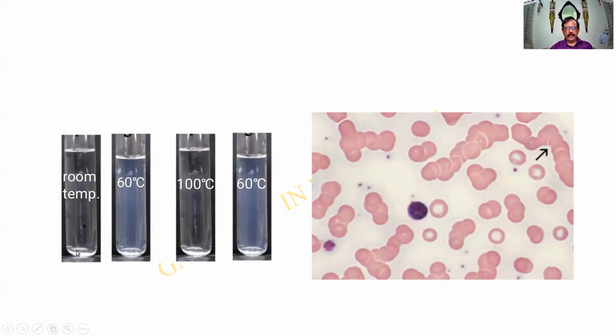This is a normal urine of the patient, and when heated, you find that there is a proteinaceous precipitate, which can be seen by means of this cloudy appearance. On heating it further up to 100 degrees, it almost disappears. And on cooling it again, it reappears when it reaches 60 degrees centigrade. All this heating must be done in a water bath and not against a flame. And this is called the urine demonstration of Bence-Jones protein.